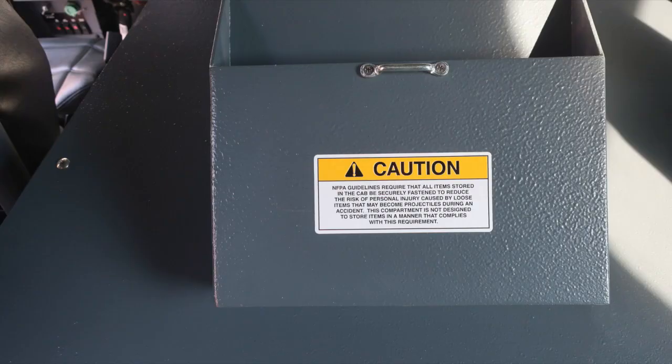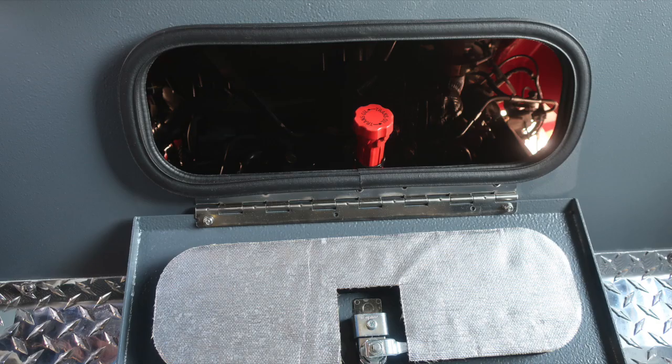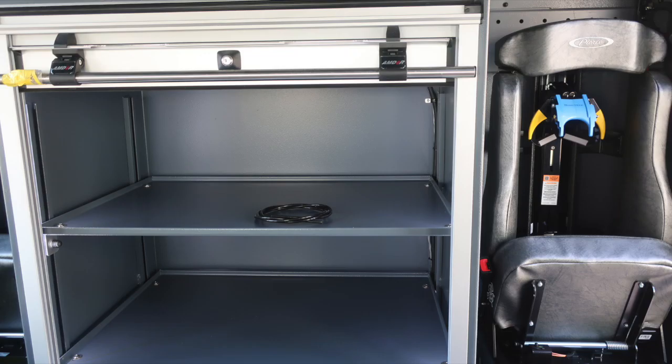In the center, we have this indication caution. The NFPA guidelines require all items to be secured within the cab area. Also, lift and turn latch at the rear portion of the engine tunnel gains you access for your daily checks for oil and transmission. Let's go ahead and take a look at the EMS compartment, roll-up compartment door, shelving located